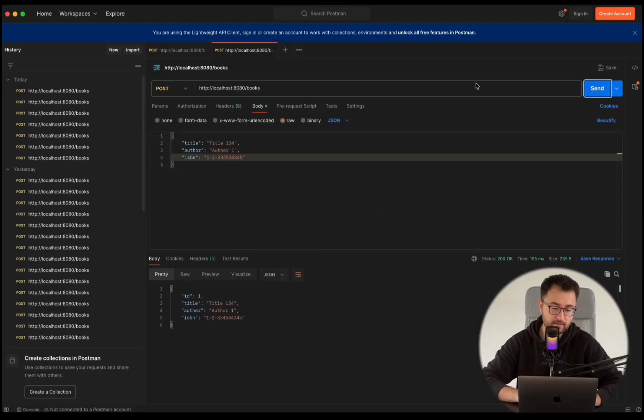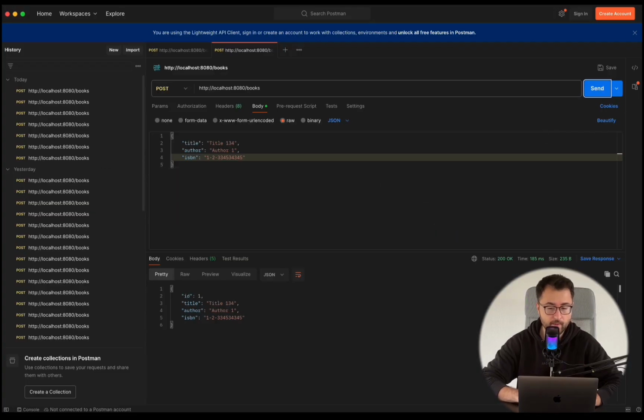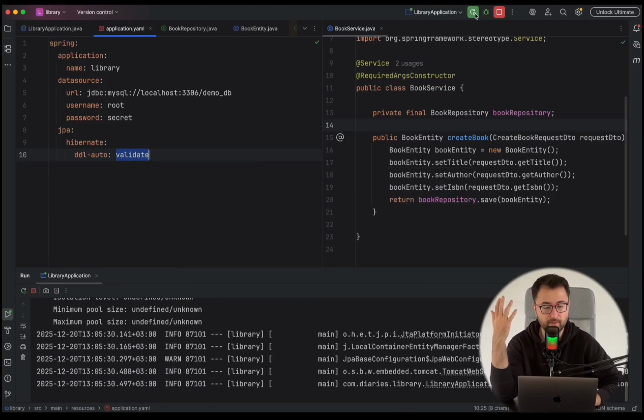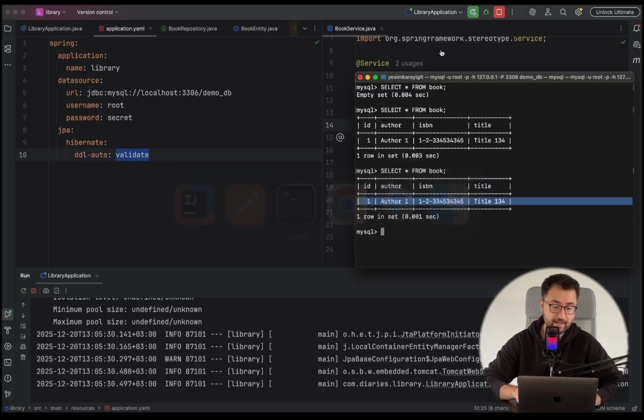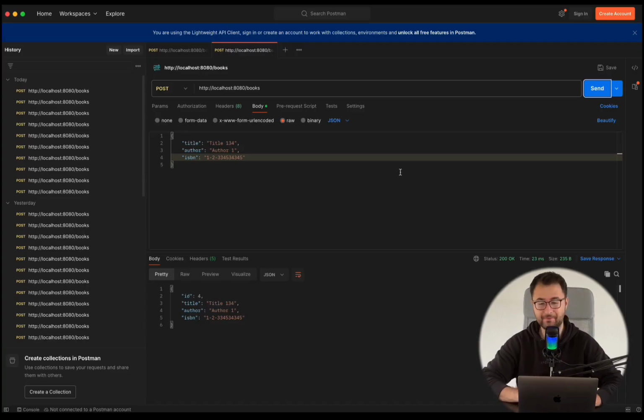Now that we have the validate property for this JPA hibernate.ddl-auto, I'm going to create some new resources, which are going to be 2, 3, 4. And even if I rerun my application, this time around we have the property ddl-auto as validate instead of create. Now that our Spring Boot application started again, if I go to terminal and execute the select query again, we still have the same 4 rows in our database. And hopefully this time around, when I send this API request, we see an entity that has been created with the ID 5 and 6 and then 7, although we had rerun our application and refreshed the memory of our